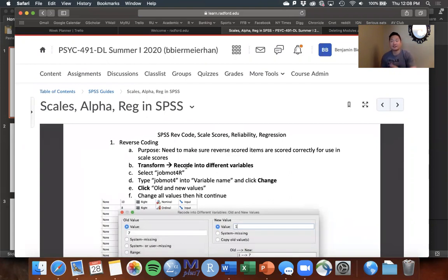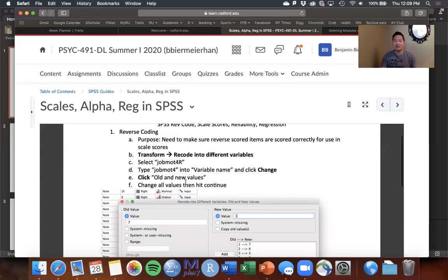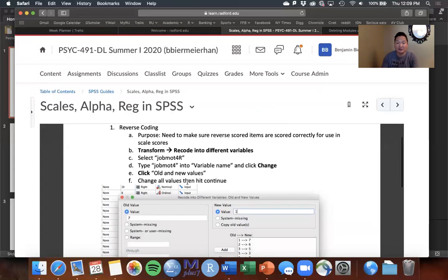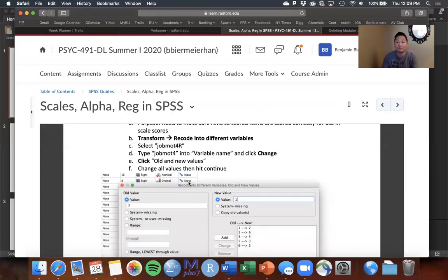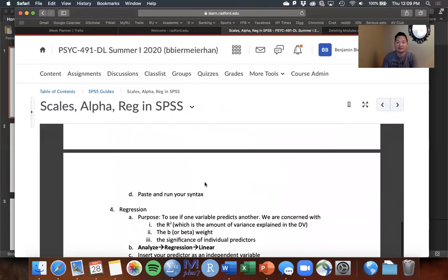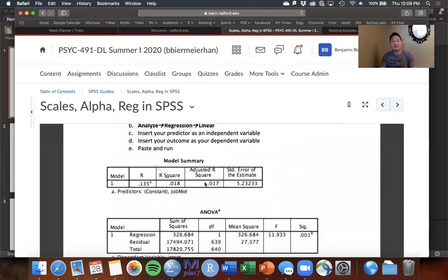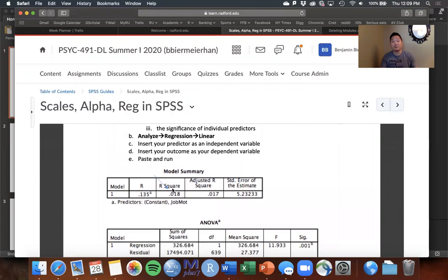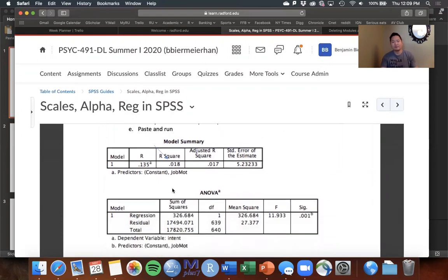In bold, there are directions on what buttons to hit in the menus to get to this, and what to do. So you might see here that there's an example of how we recoded variables. Down lower, it's how we do scale scores. There's a reliability one. And many of these guides, really, have an arrow pointing to